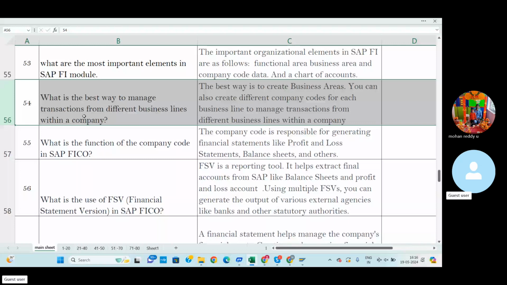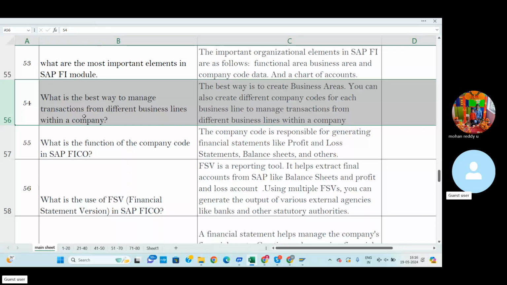So different types of business lines రిపోర్ట్స్ మనం టాప్ లెవెల్ మేనేజ్మెంట్ చెక్ చేసుకోవడానికి ఉన్నటువంటి ఆప్షన్ ఏంటంటే the main option is we can create the company code. So for each and every business line we can create the company code. Without creation of company code, we cannot generate the reports for each and every business line.